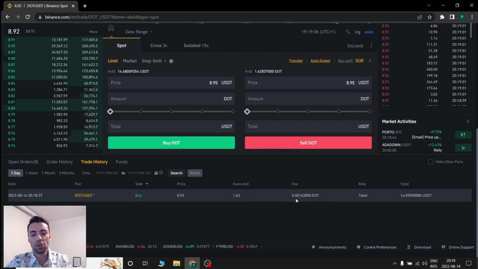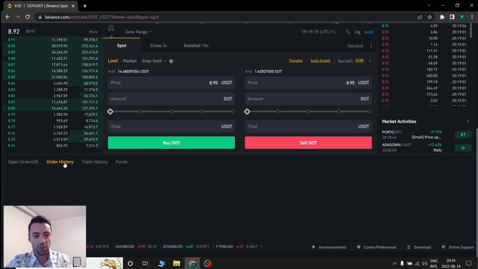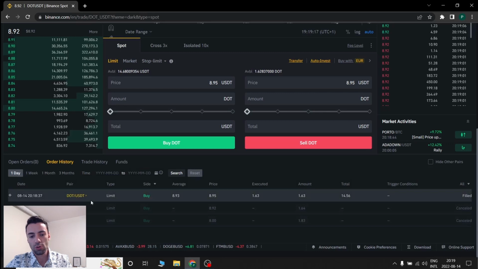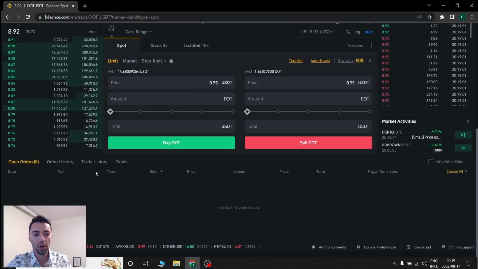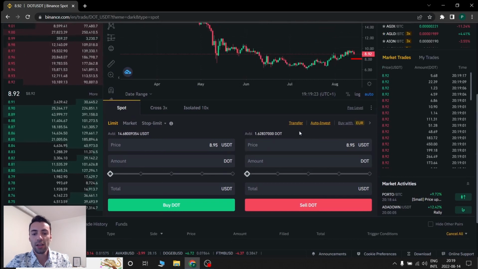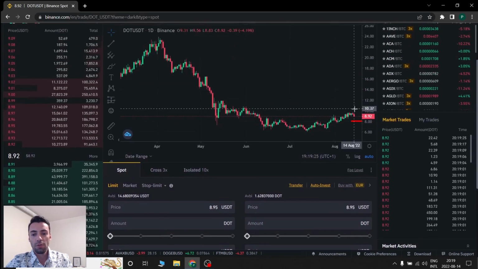We spent 0.00163 amount of Polkadot as transaction fee. And here the order history actually shows the history of whatever we trade, not our open position. So we go back to open order. In the sell part, actually, we bought at this